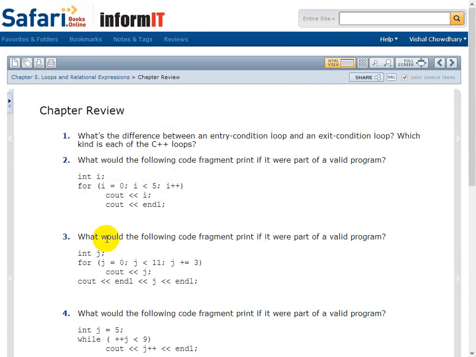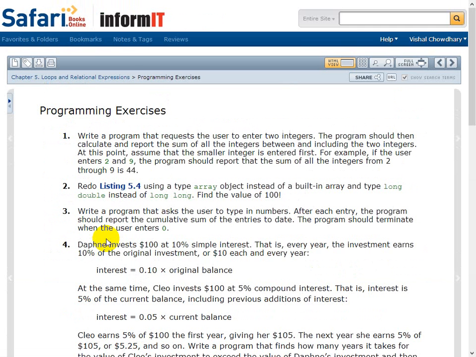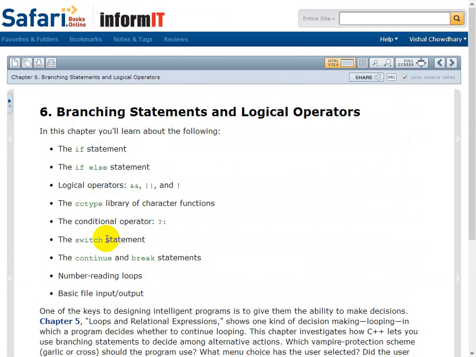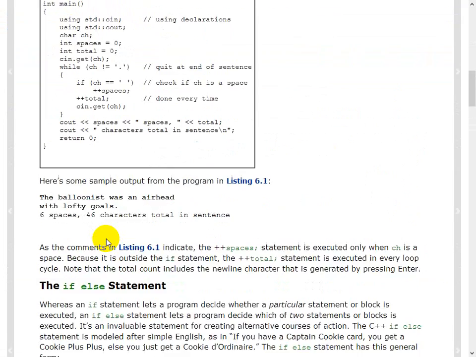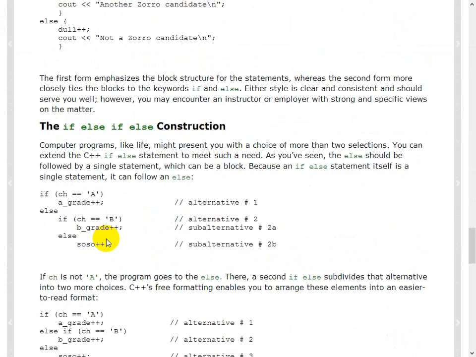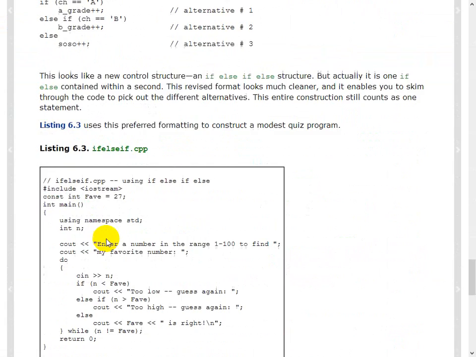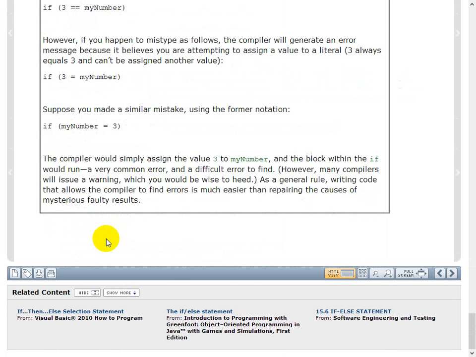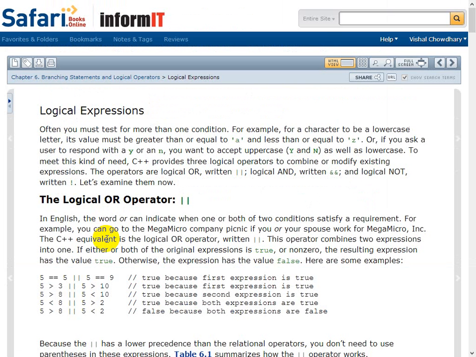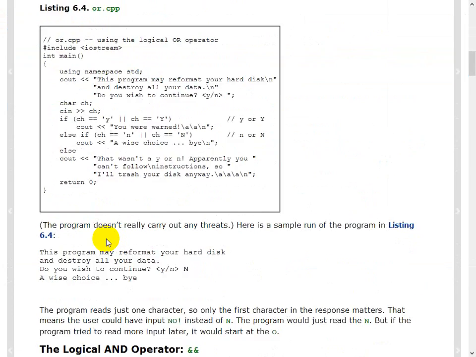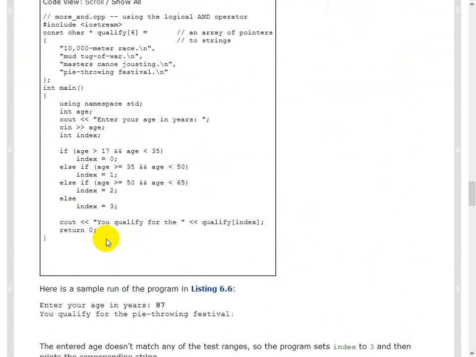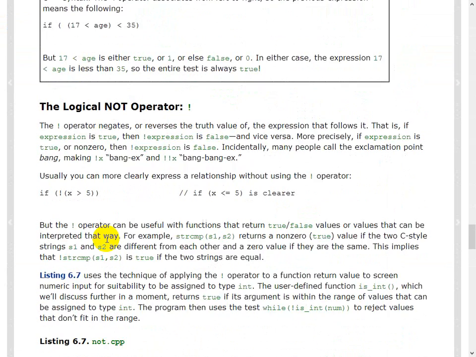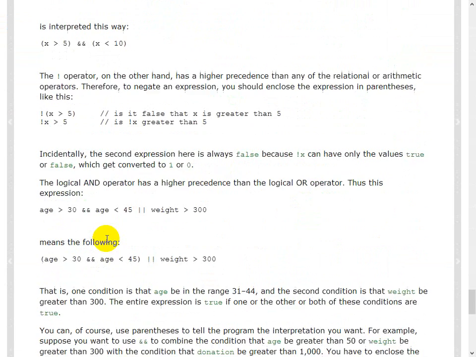Okay, so different types of loops. Now let's look at chapter 6. Anything interesting there? Probably not, but let's quickly go over it. The if statement, I think we all look at that. The if else if, sure. Logical or, and it is the short circuit as well, so we know that as well. Logical not,